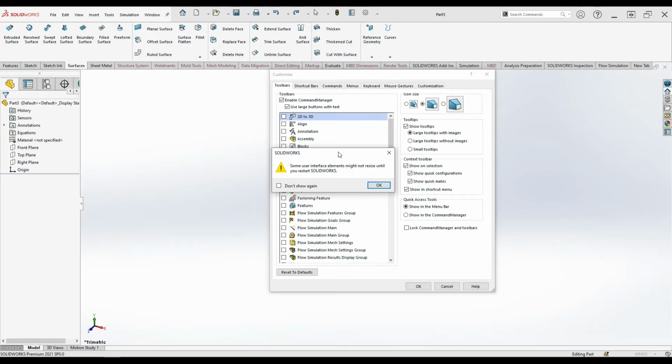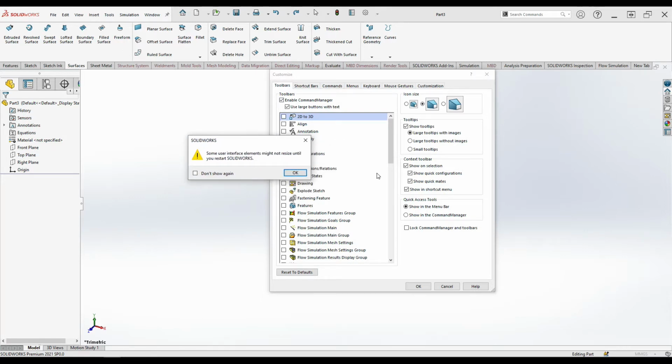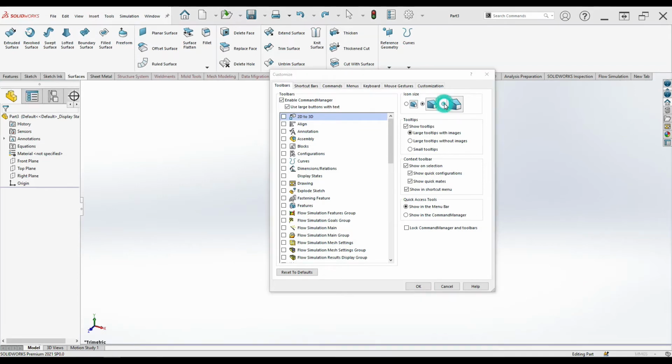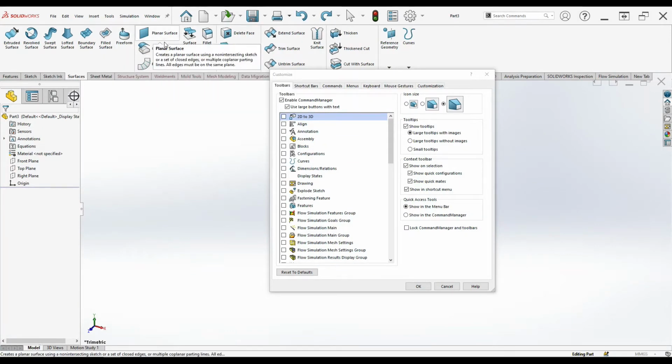Yes, sometimes once you change some customization or reset something, you have to restart SolidWorks, then it will show. It's okay. And this is the medium. Here you can see it changed to medium. Once you click OK, you can see the icon size becomes big. So it is better to keep the medium size.